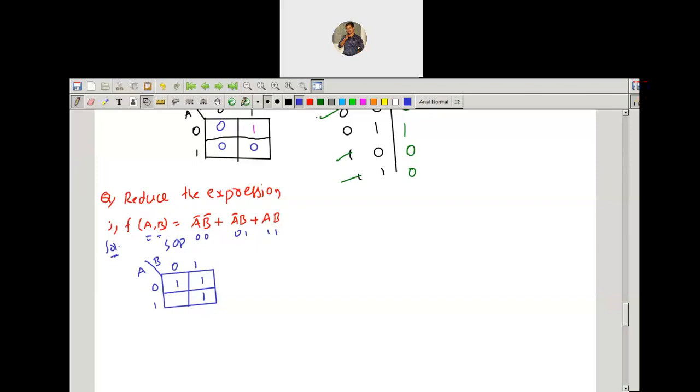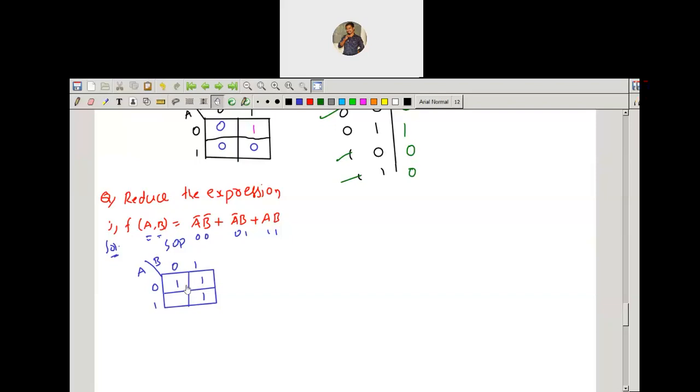So for that, we have to go for the grouping. Now tell me, anybody, could you answer me? How many maximum number of cells we can group here? Can I group 4 cells? You can observe that it is a 4-cell grouping only. But according to the allocation of the given minterms, how many maximum cells can you group here: 1 cell, 2 cells, or 4 cells?